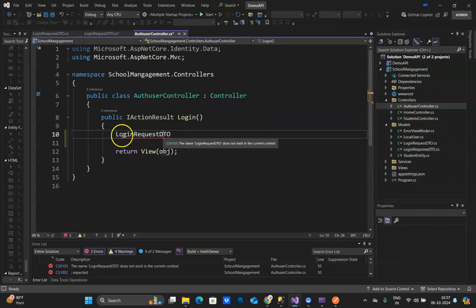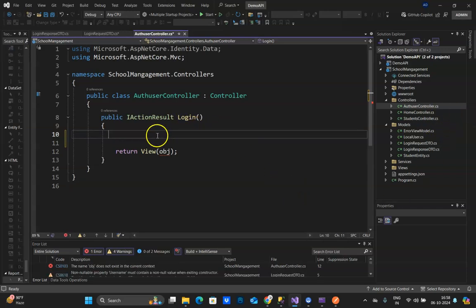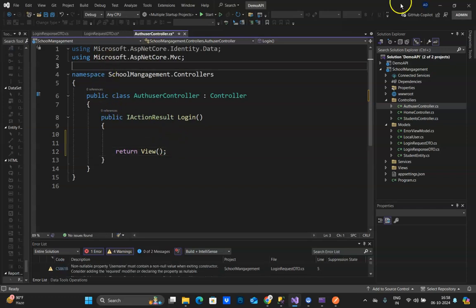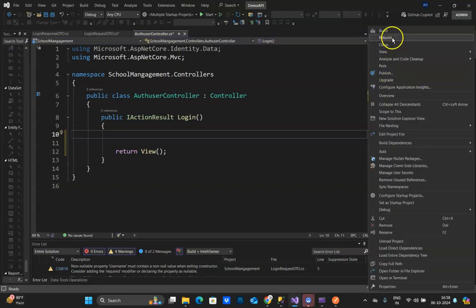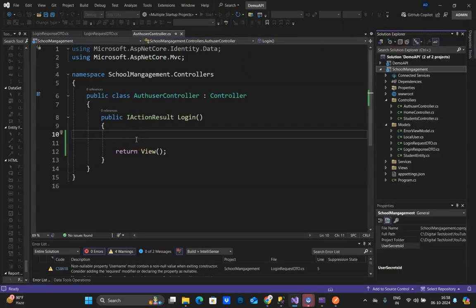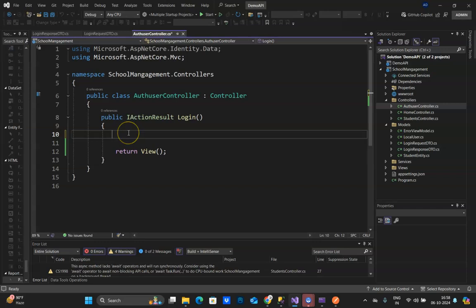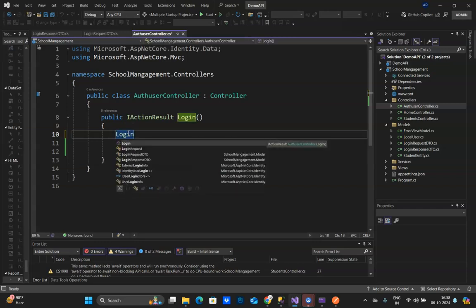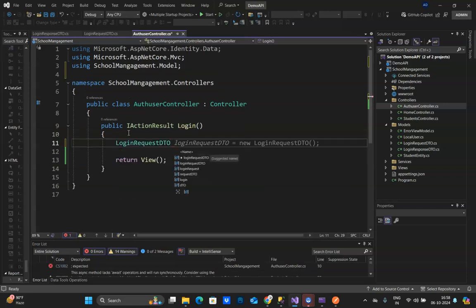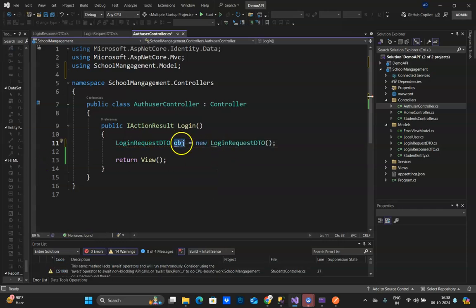Go to your auth user and okay, so now let me just rebuild once. Okay, now I can see login request DTO obj, and this is my object,